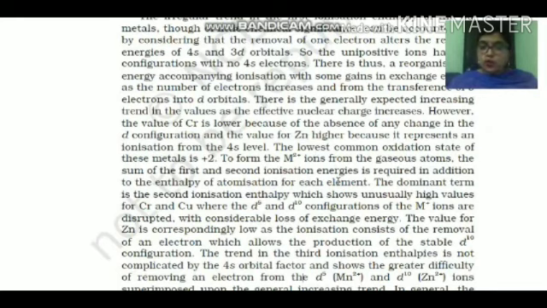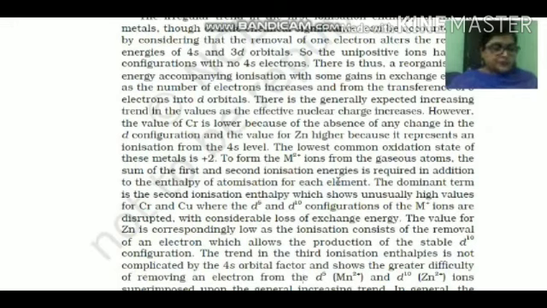If I talk about copper, the first ionization enthalpy of copper will be low, because copper has atomic number 29 and the last two configuration is 3d10 and 4s1. So after removal of one electron it will be 3d10, but its second ionization enthalpy will be very high for copper. Why? Because the second electron will get removed from 3d10, so it will destroy the stability. So the second ionization enthalpy of copper will be high. Its first ionization enthalpy will be low, but the second will be very high.